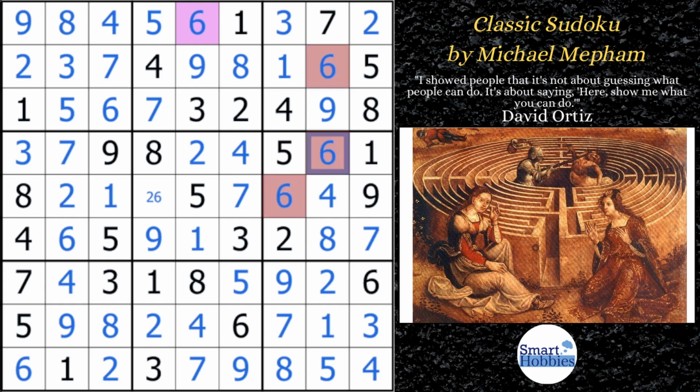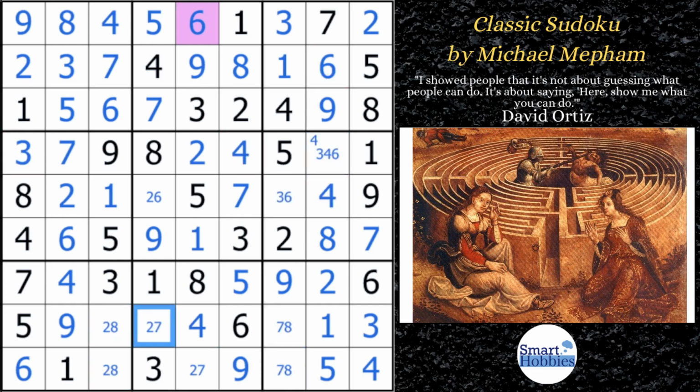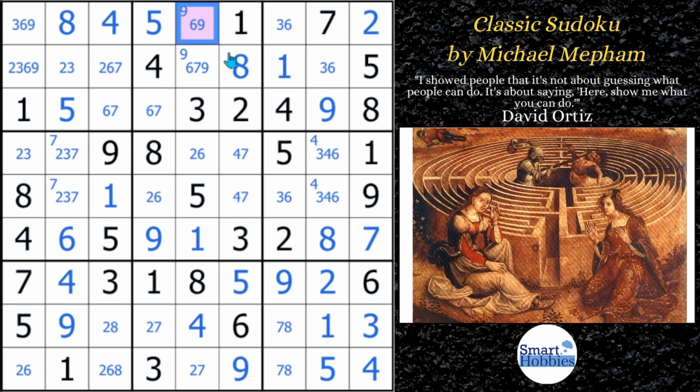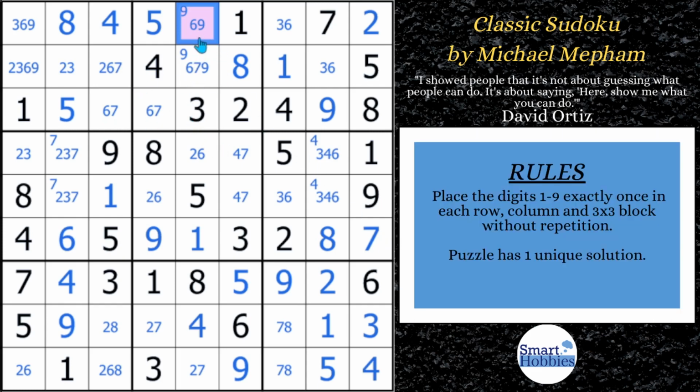He says, all right, go on back to the spot where you choose 6 or 9. And then you can choose a 9 and move on from there. And what I'll tell you is if you just put a 9 here blindly, you're not going to be able to solve the rest of the puzzle with conventional methods. In fact, the conventional methods Michael puts in his solving guide will help you solve over 80% of these type